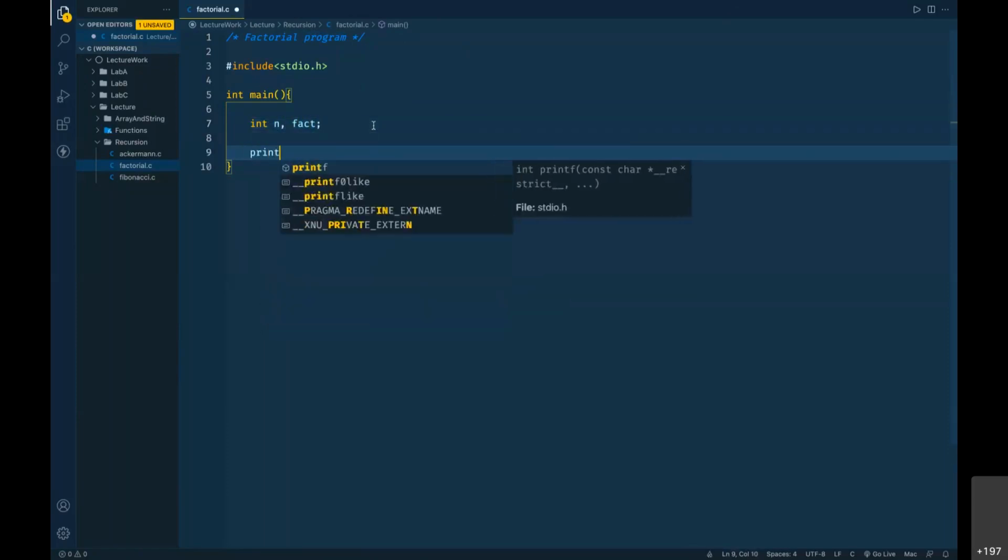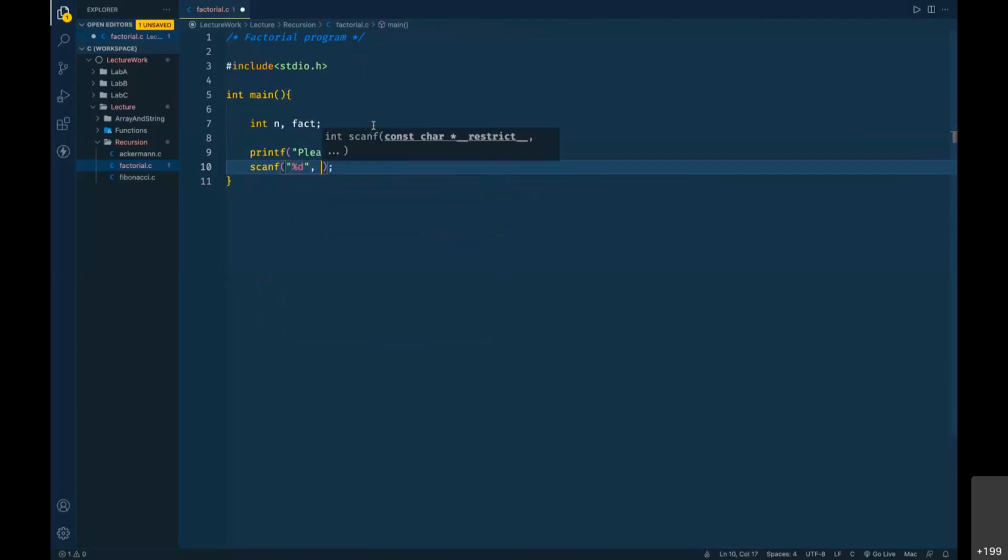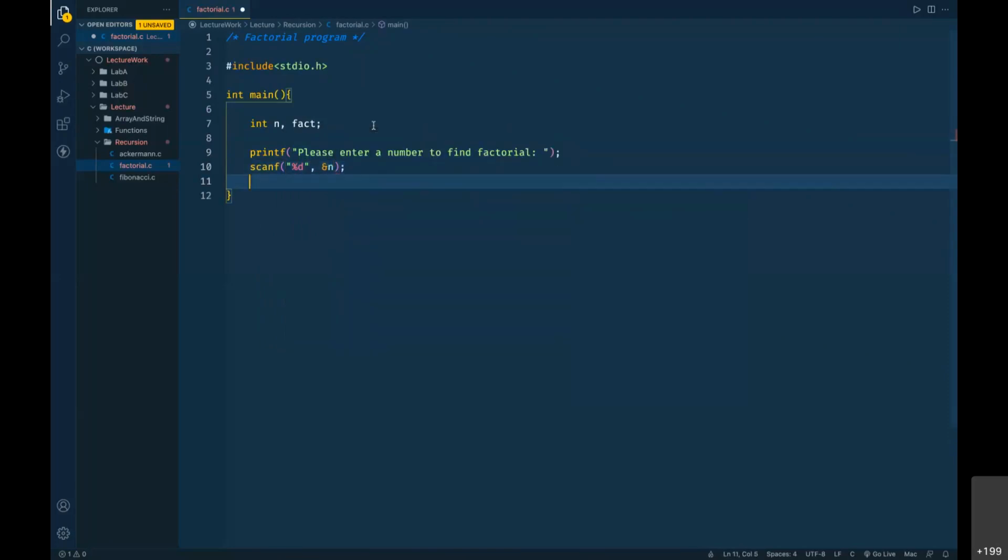And then we simply ask the user to please enter a number to find factorial. And then we scan that number from the user. Whatever number the user is going to give us, %d, we'll scan it in n.